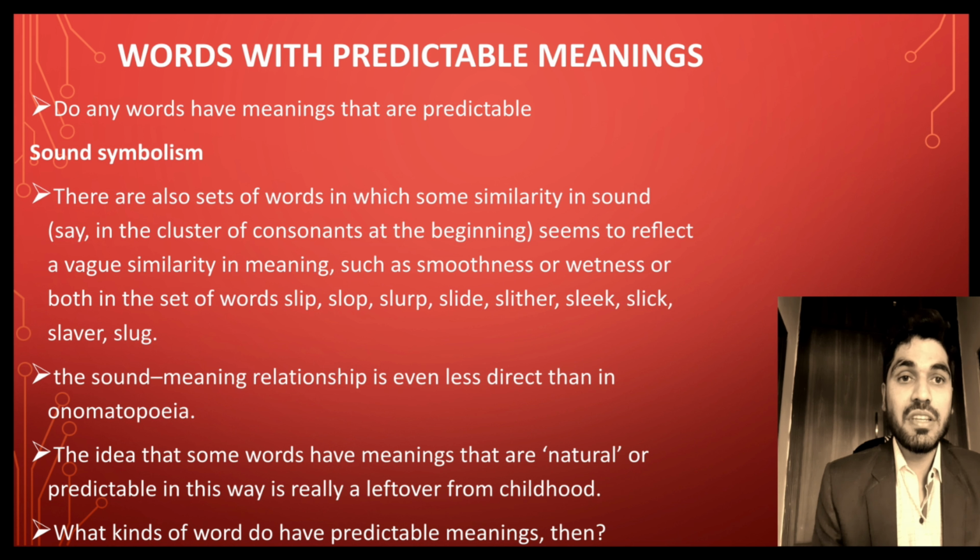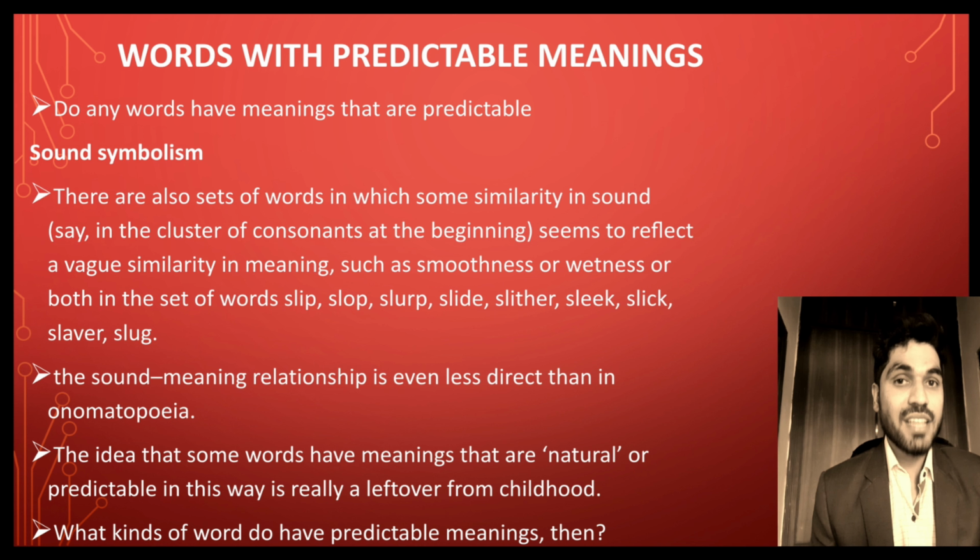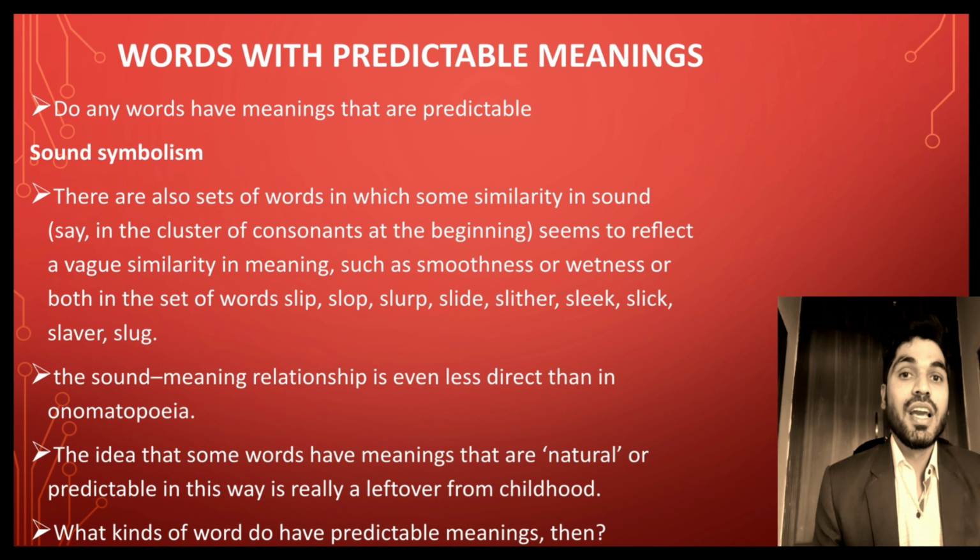Okay, then comes the sound meaning relationship is even less direct than in onomatopoeia. Onomatopoeia is what? When we just understand or recognize sounds by their specific rise and fall, stress. जैसे कि कुत्ते की बोलने की आवाज़ हम जैसे उसको रिकग्नाइज करते हैं, बाऊ वाऊ से करते हैं। अब बाऊ वाऊ को हम इंग्लिश में तो कह रहे हैं, लेकिन फ्रेंच में बिल्कुल मुख्तलिफ है। वो आउ आउ करके, दैट इज डिफरेंट काइंड ऑफ प्रोनाउंसिएशन, दैट इज नॉट सेम एज वी यूज टू स्पीक।